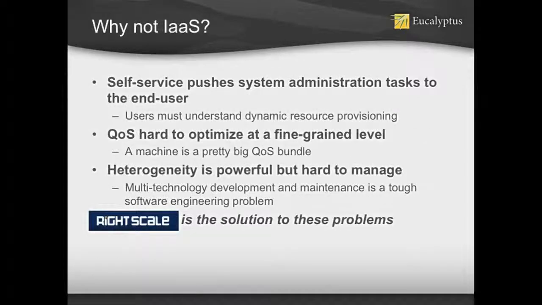But it's not all roses and champagne. The first thing that happens with infrastructure as a service is you're trying to do this zero touch, which means you don't want the IT people in the loop, which means applications programmers are trying to do system administration, which is difficult. Right? It's not always the case that you can depend on an application programmer to know what version of Python they need, or to know what configuration problem there is. So you've sort of outsourced the problem of configuration management to the application programmer, and somebody in that outsourcing, either the programmer themselves or someone who is assigned to work with them, must understand that configuration problem and how to do dynamic resource provisioning.